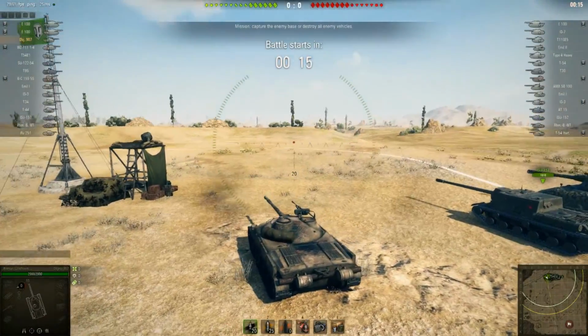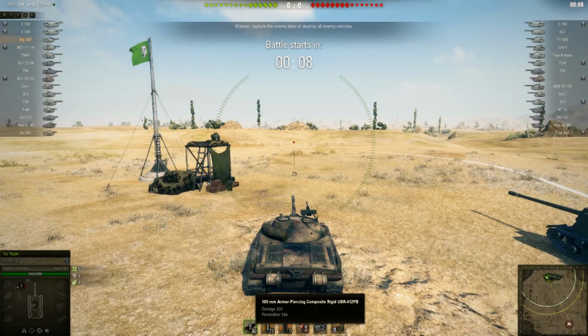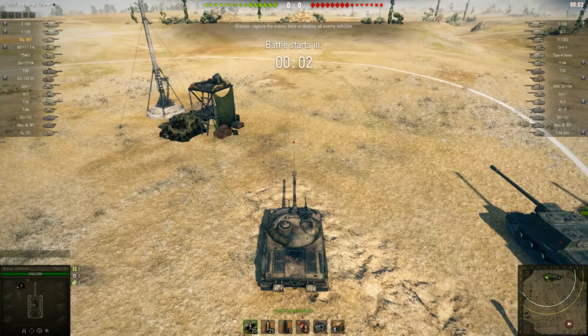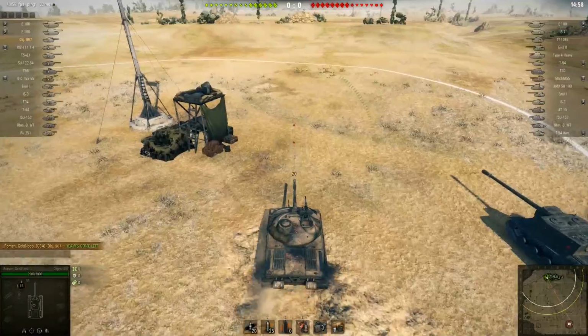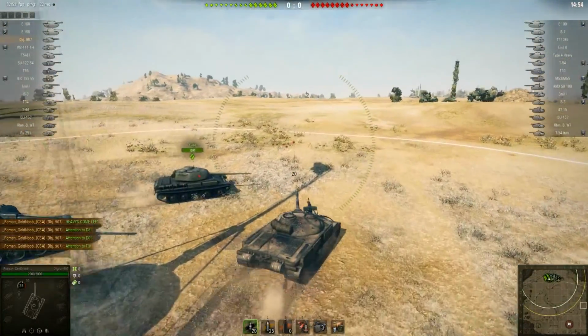Today we're taking a look at Roman Gold Noob in the Object 907. Seems to be taking out 20 APCRs and 25 heat rounds. The heat rounds do the same damage as the APCR, of course, but they do 330 penetration, so...